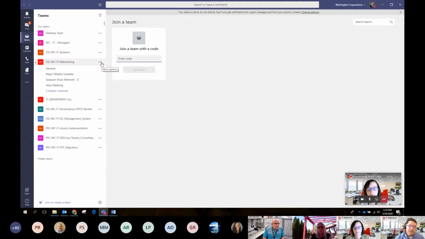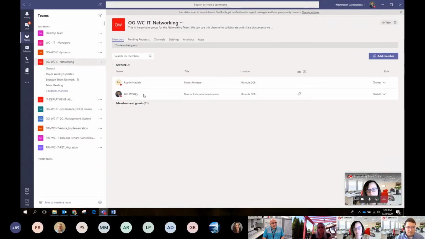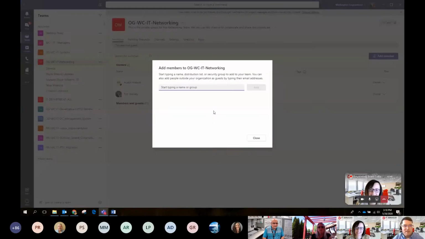So no longer do you need to have IT control the nuances of each channel, but think of the way that if you ever onboard a new employee, how daunting of a task it is to go find all your stuff and have that onboarding be. How cool would it be to have one spot where you could go and everything would be there? So if I added a new network engineer, I could actually add them to this team. Today, Nancy is going to be my new network engineer that's going to join our team, and I'm going to add her to the